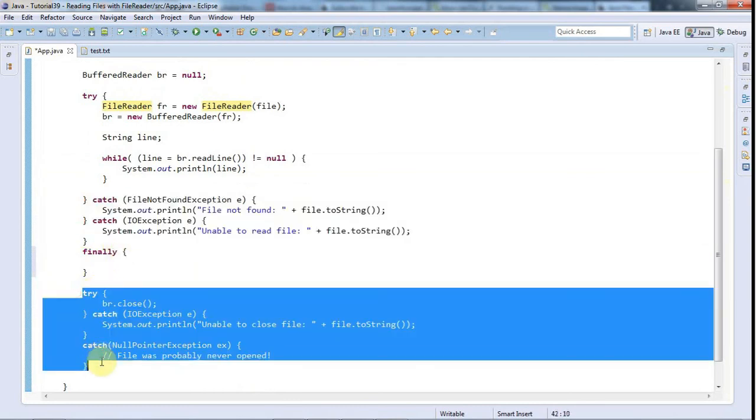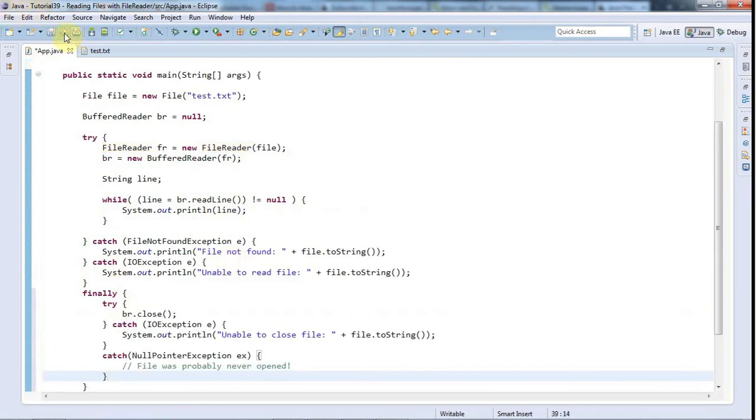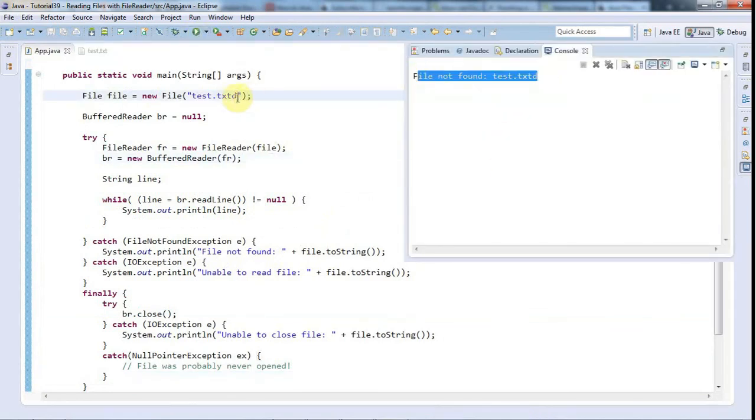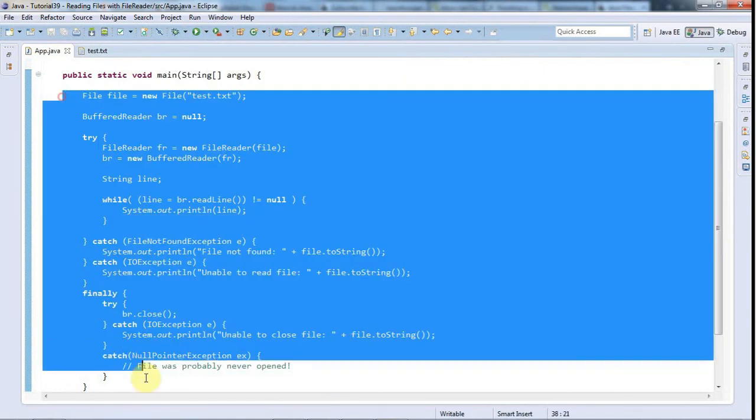So let's just move this into the finally block, and this is usually how you'll be told to do this on a university course. It will usually look like this, and now we've got the same thing as before, and if the file's not found, then it just gives us a nice error message. So that's it for this time. It's a hell of a lot to absorb, but this is a very flexible way of reading a file,